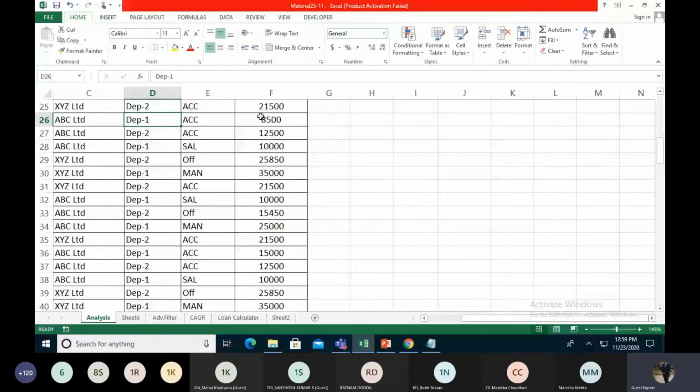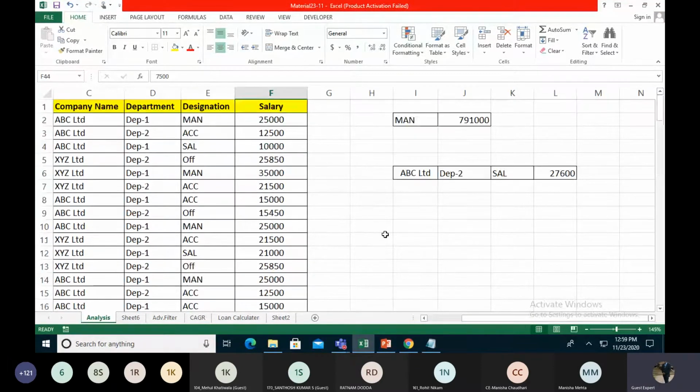In this data, we also change some people's salary to very low, like 8,500 in department 1. That is a very junior level accountant. That salary is 8,500. Then another person is 7,500. So I want to find out those people who are initially joining the company, because SUMIF and SUMIFS just check all the salaries. But right now I'm making more criteria: on less than 10,000 salary, how many employees they have and the total.